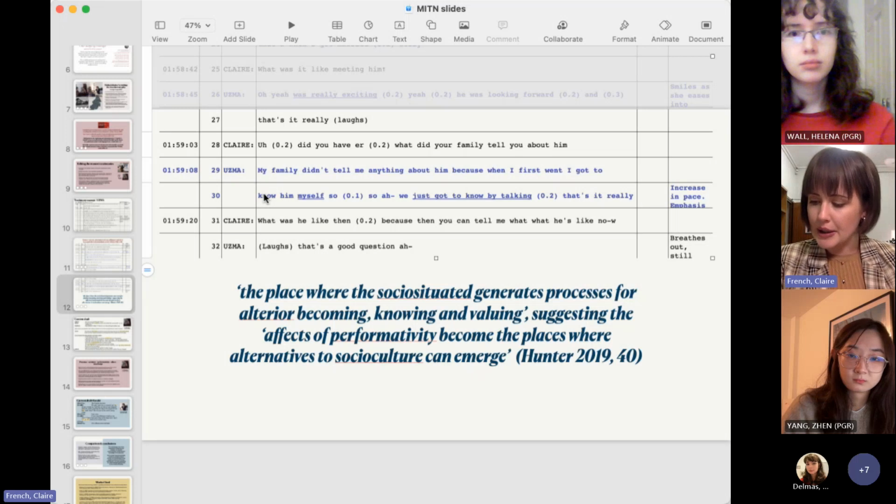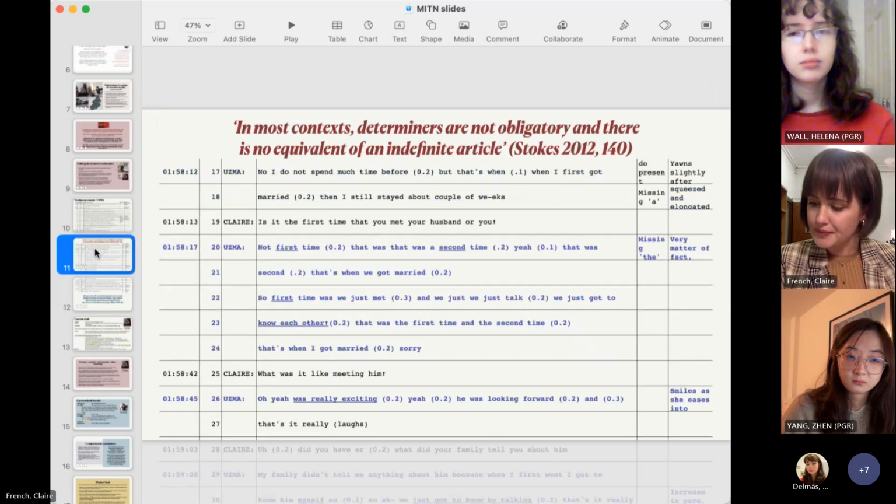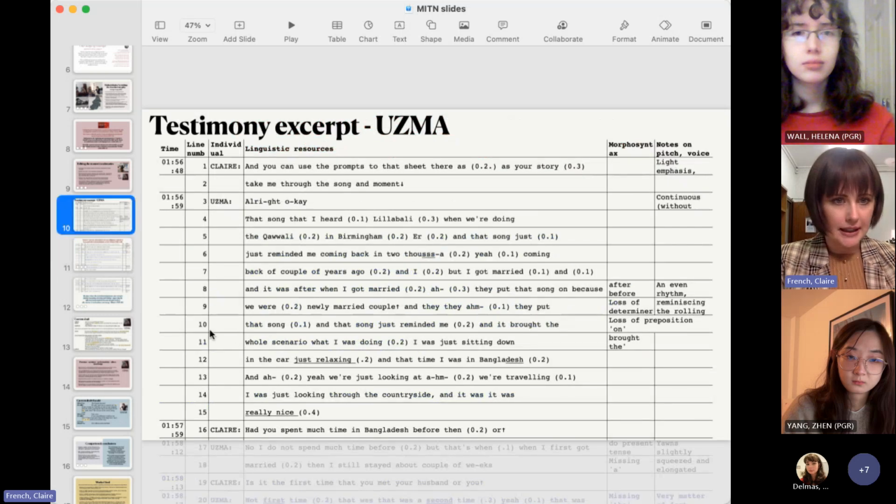So Uzma's British West Midlands variety with Bengali and Sylheti as additional languages could also be seen in her morphosyntactic variation. For example, in line 9, returning to the beginning, she says, "we're newly married couple," where she misses the indefinite article.